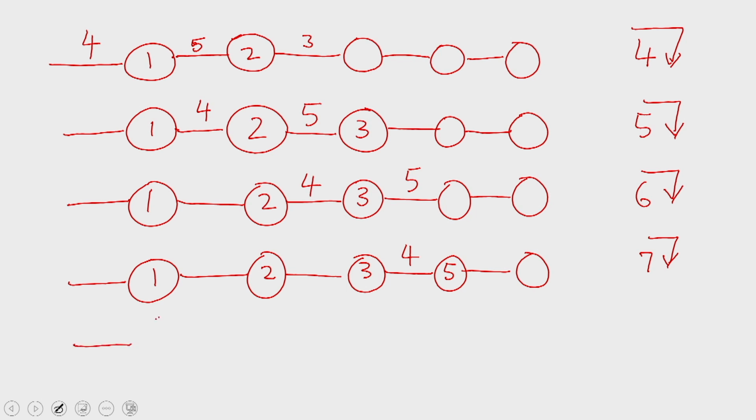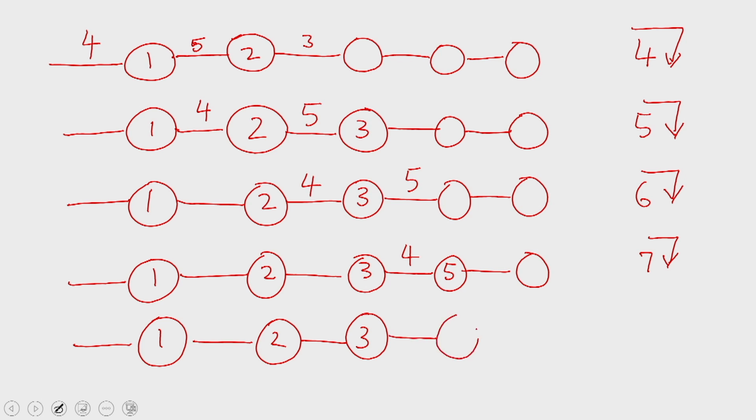And then in the 8th step, the fourth processor is active. The fourth processor has 4 coming in and its internal value is 5. Since 4 is smaller than 5, 4 will be stored in its internal memory and 5 will be sent on to the last processor. So this is how the array looks like at the end of the 8th step. Now going on to the 9th step,